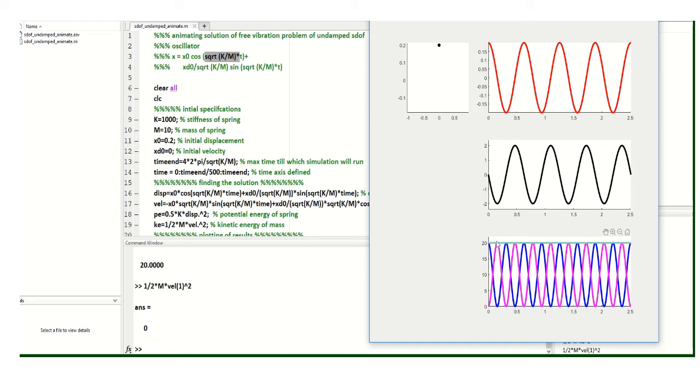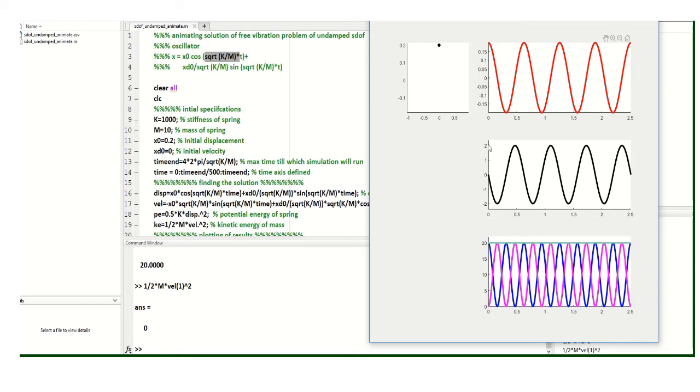But when kinetic energy is going to maximum, at that time potential energy is going to 0. Where is this going to happen? It happens where you have velocity maximum. So where is the velocity maximum? That is the extremum. For example, when we are over here, the velocity is at its extremum on the negative side, and at that time what is the displacement? If you go straight up, you will see that displacement is 0.